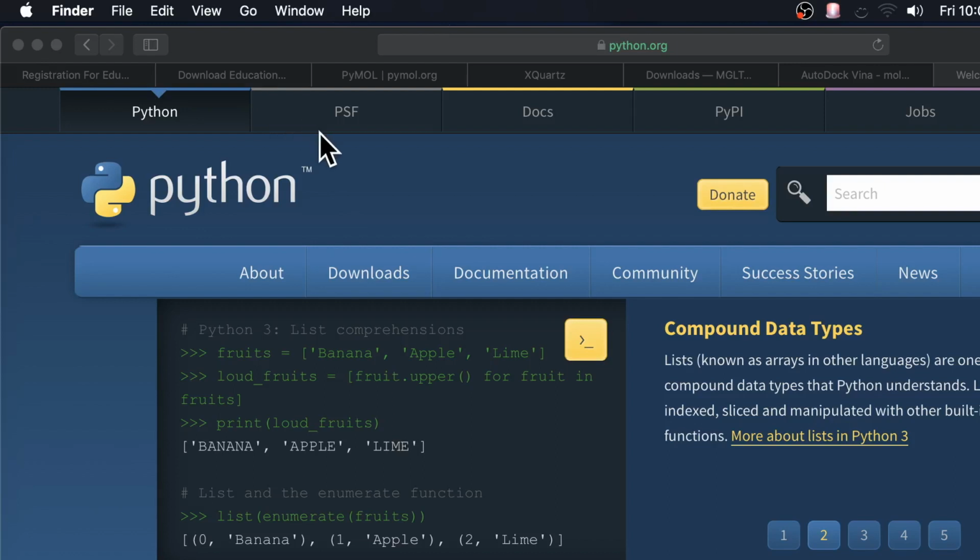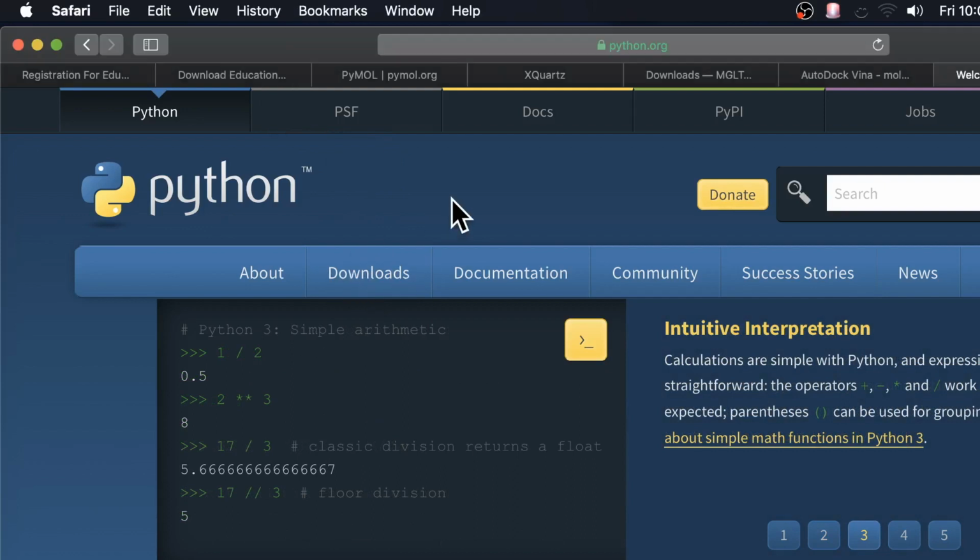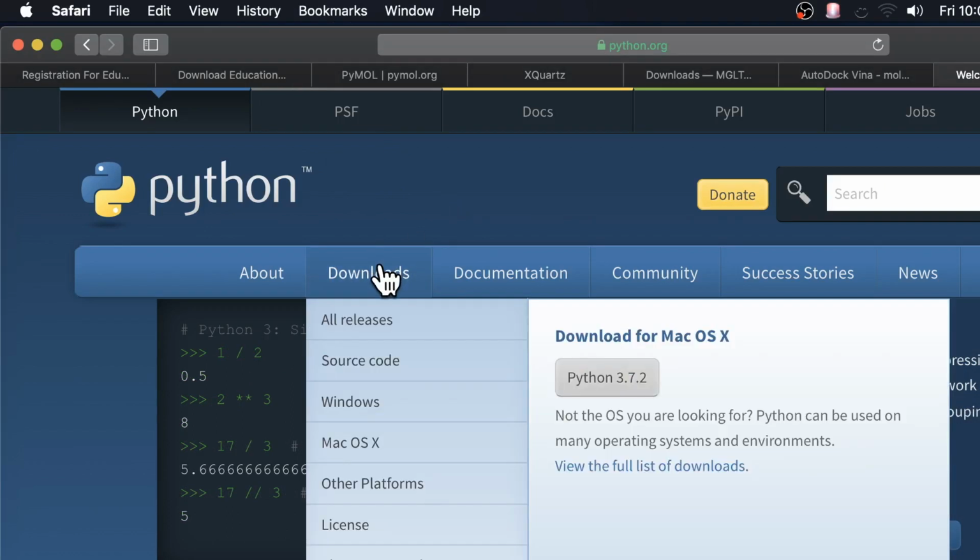Alrighty, so the next thing we are going to download is going to be Python. So if you click the next link in the description and go hover over downloads on this page, you should see it should automatically detect that you're on OS X, and that Python 3.7.2 is the latest version. So all you have to do is click on that